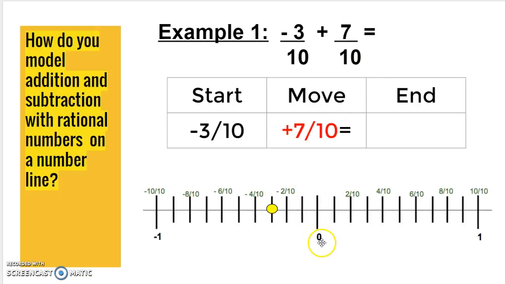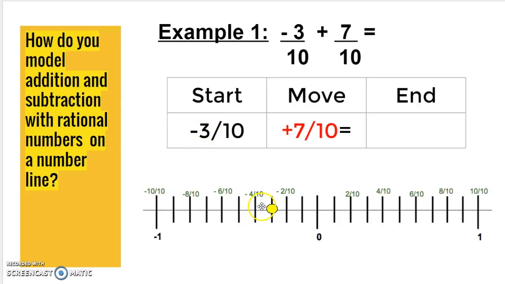Now, if I look at this number line, from 0 to 1 is my whole, and you can see it's broken up into 10 pieces. 1, 2, 3, 4, 5, 6, 7, 8, 9, 10. So it's broken up into tenths. Each of these spaces is worth a tenth. That's very important when you're counting,